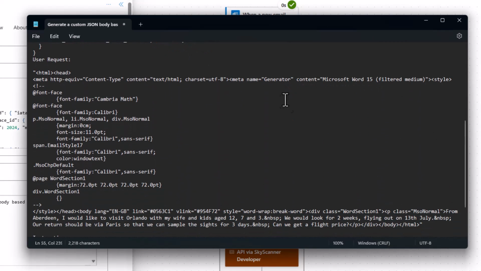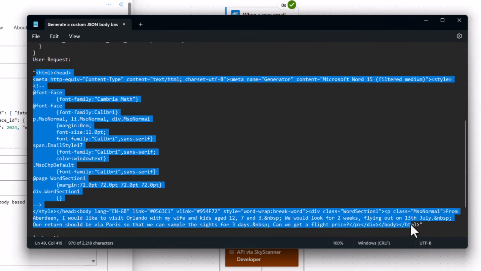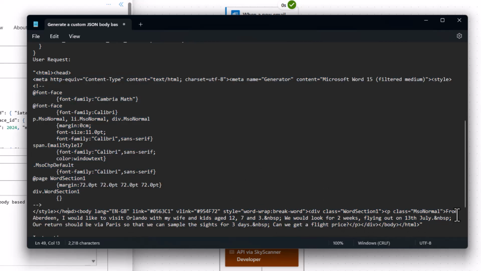There's a section in the prompt which is a user request, which is encapsulated in quotes, which includes some HTML as well as the original request that we can see from Aberdeen, I'd like to travel, etc. I could have cleaned that up and probably saved myself some tokens if I'd used the HTML to text action